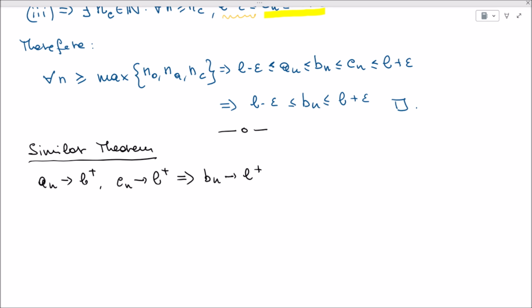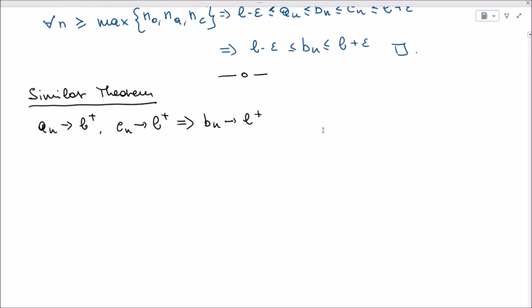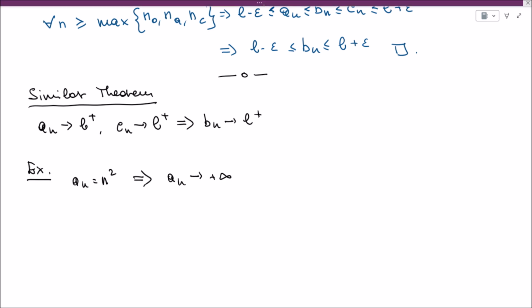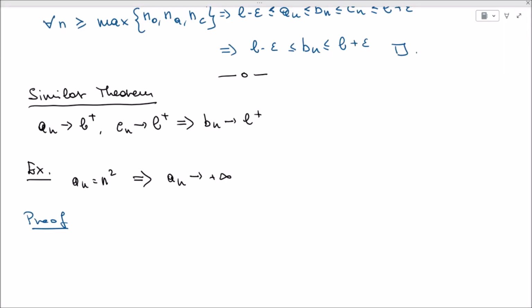Okay, let's now try to apply the theorem to an example. Let's consider the sequence An equal to n squared, and we would like to evaluate this limit, okay, by just using the squeeze theorem, for example. We would like to prove that An is divergent to plus infinity. Let's see how we can prove this. So the proof is the following. I wish to prove,